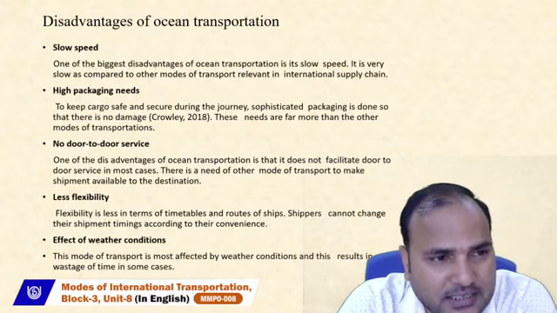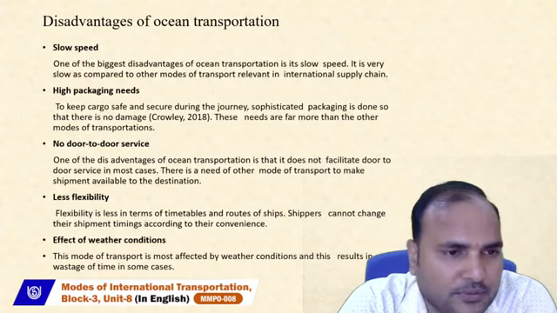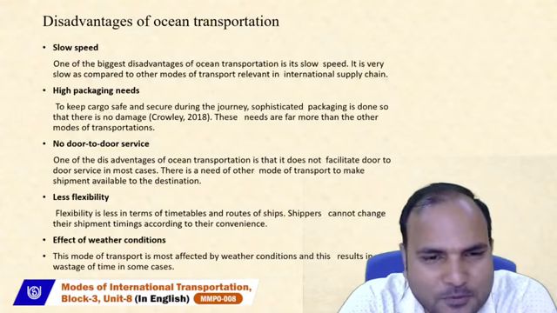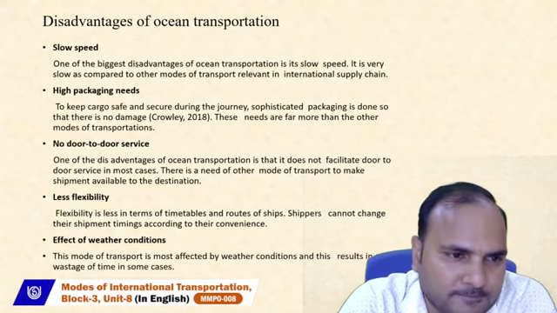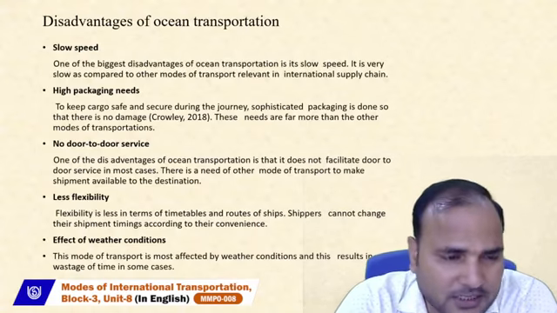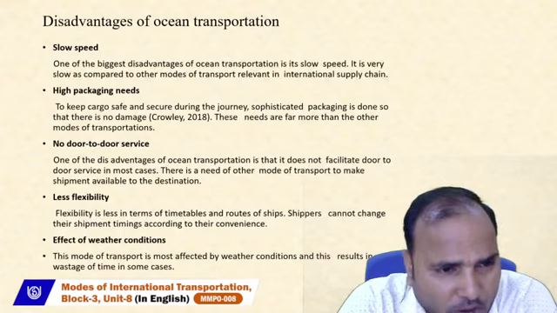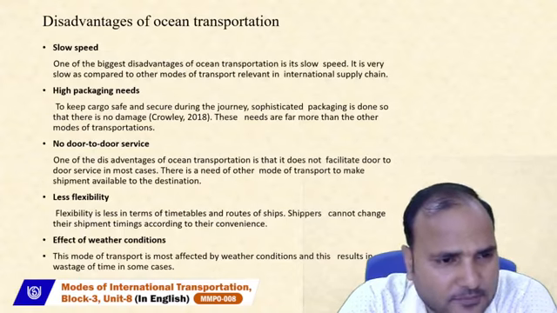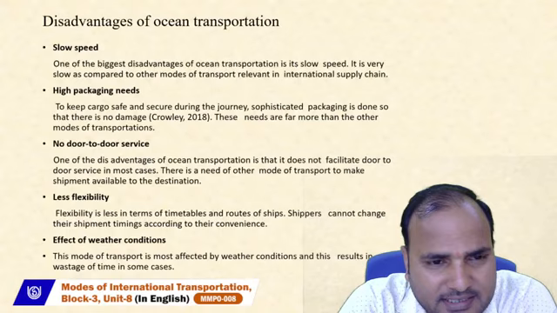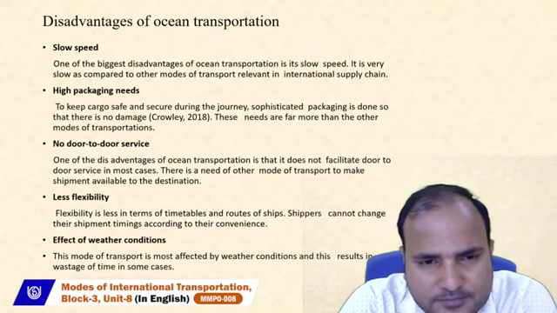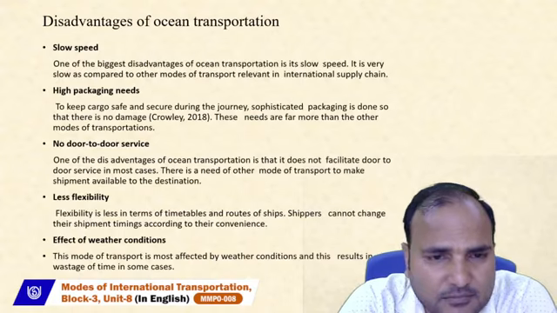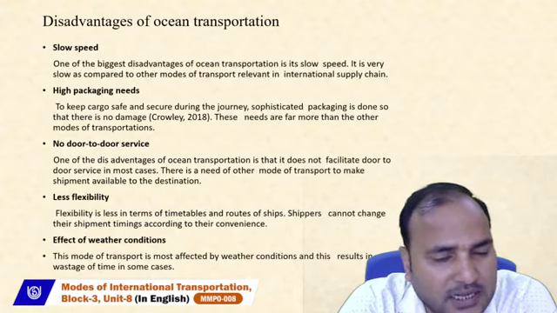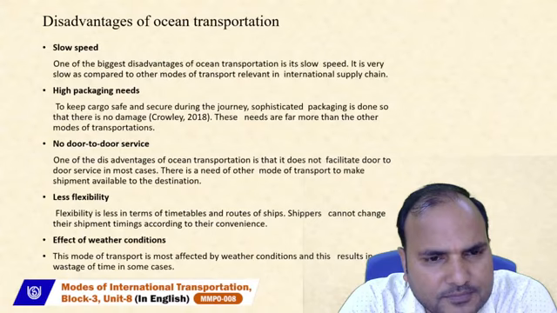Third disadvantage is no door-to-door service. In ocean transport, this facility is not available. There is no possibility of door-to-door service. One of the disadvantages of ocean transportation is that it does not facilitate door-to-door service in most cases.